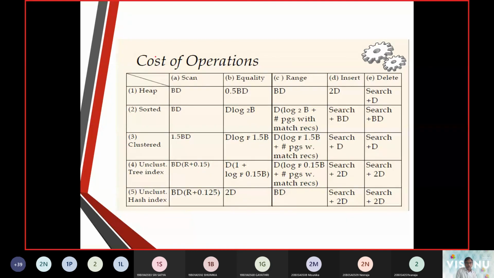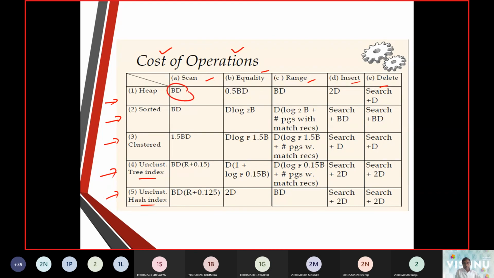Next was the cost of operations. For the cost of operations, we make a tabular form with scan, equality, range, insert and delete, applied to the heap, sorted, clustered, unclustered tree index, or hashed index.